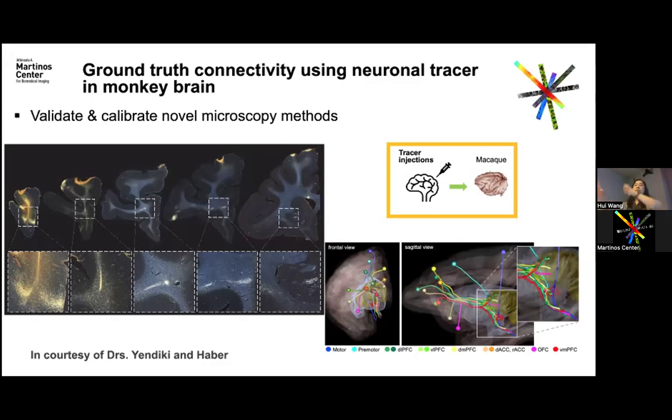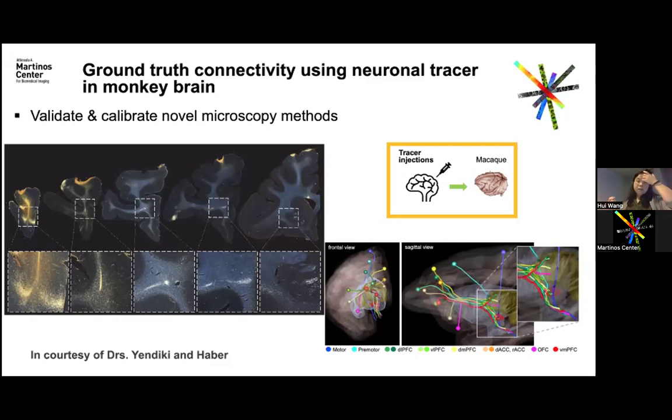That part is a very nice pipeline we just published last year, but there's still an issue: once the slices are cut off and mounted on glass slides, there are enormous distortions. You have to do a nonlinear registration between the PSOCT image and the histology images. We have very good preliminary results, but if we want to do a voxel-wise comparison for the fiber tracks at say 3 microns, that's still pretty challenging. So what can we do better?